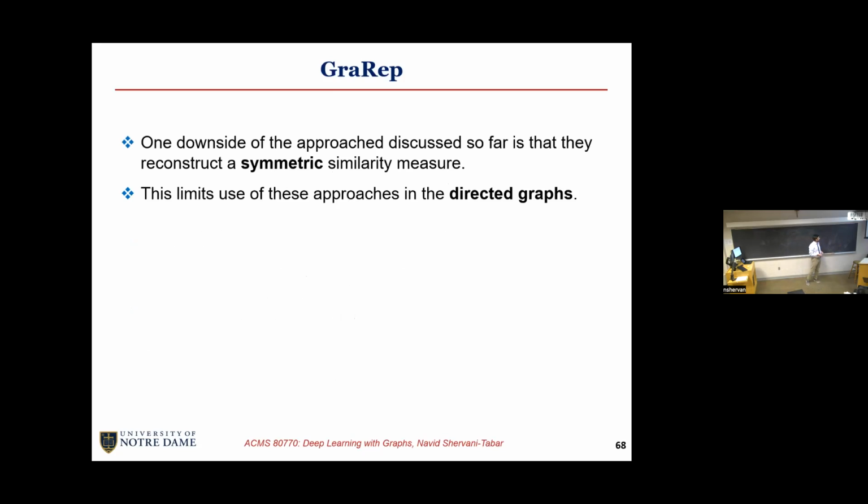So another approach is called GraRep. The basic idea behind this, the motivation to start this, was that you have some graph, let's say that it is a directed graph, and then we talked about